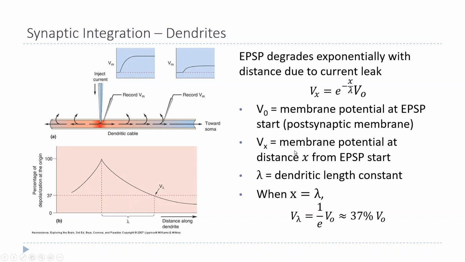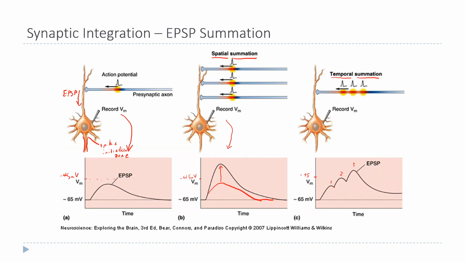And another important factor that determines whether or not an EPSP triggers an action potential is where it falls along the dendritic tree, or where it falls within the cell body. So again, here we're looking at a cell where this is one of these big pyramidal neurons. It has this long apical dendrite, and so the synapse is way up here at this position on the apical dendrite, which means the EPSP has to travel